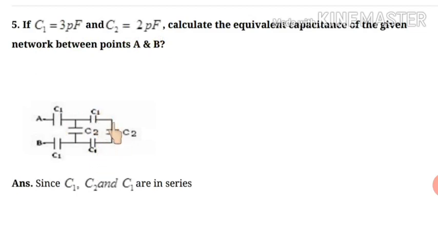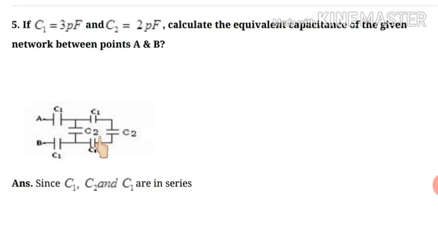Now if we talk about C1, C2 and C3, sorry, this is also C1. If we talk about these three capacitors, it is clearly visible they are in series. So first we will calculate the equivalent capacitance of these three capacitors. Now we know in series combination how we can calculate the net capacitance. It is 1 upon C equals 1 upon C1 plus 1 upon C2 plus 1 upon C3. After calculating the net capacitance of the series combination of these three capacitors, the net capacitance and the C2 will be in parallel with each other. So then we will calculate the equivalent capacitance of these two capacitors.